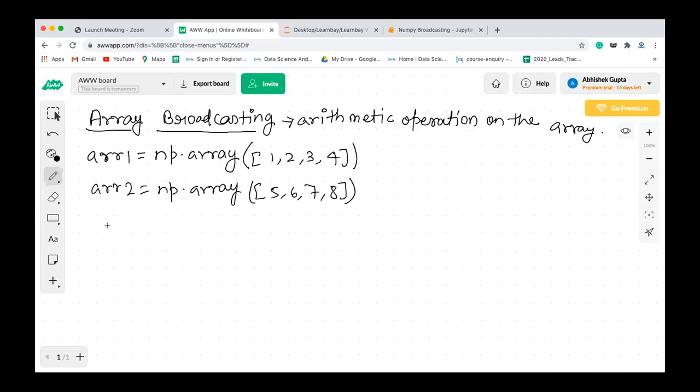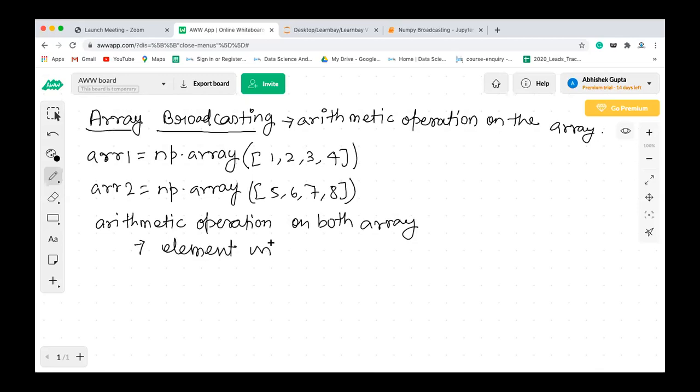Right now, if you do any arithmetic operation on array 1 and array 2, both arrays, what will happen? That operation will be done element wise.